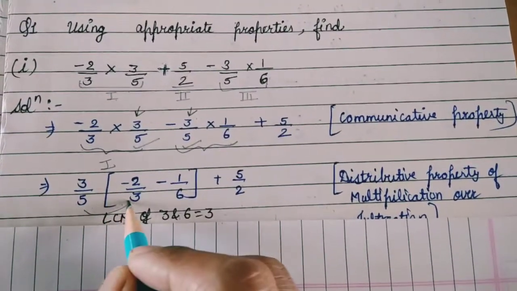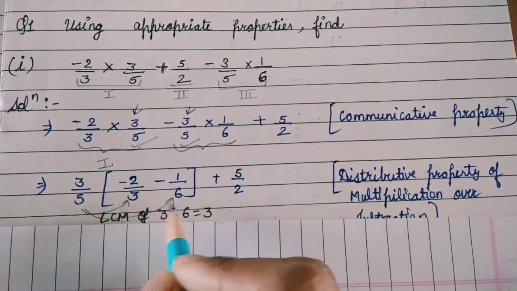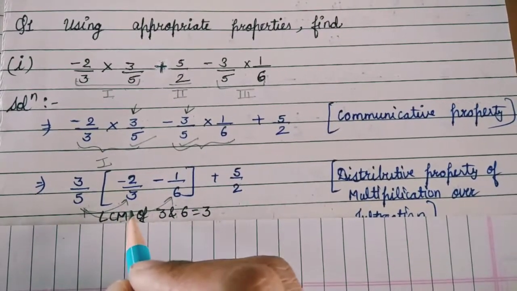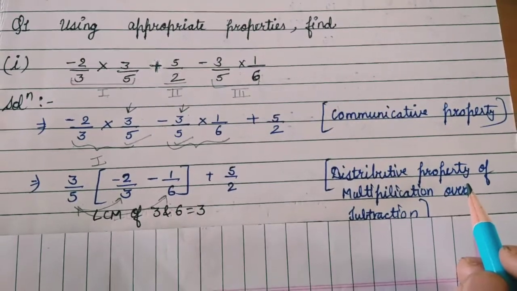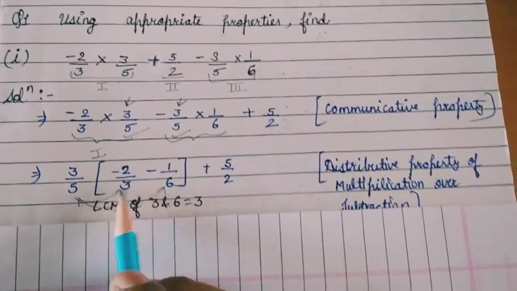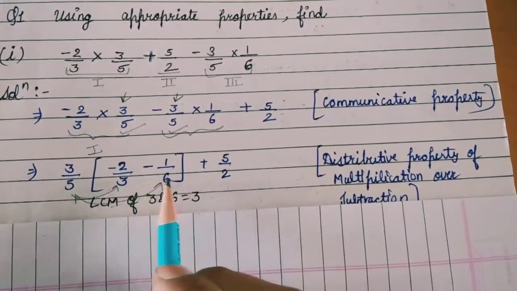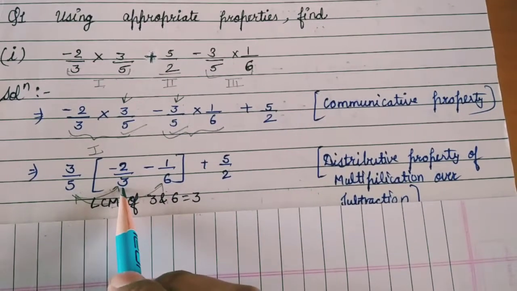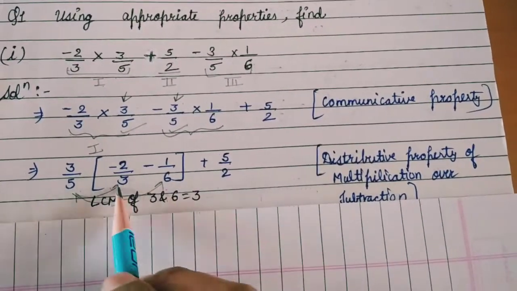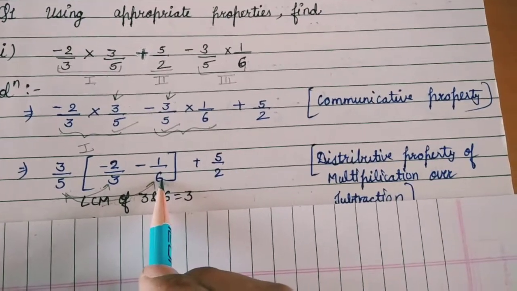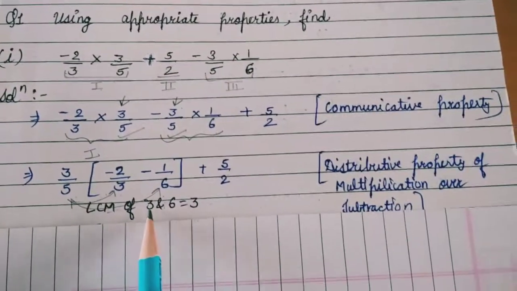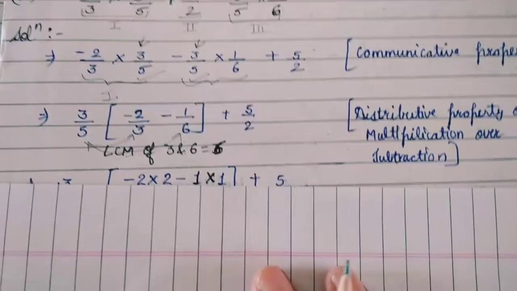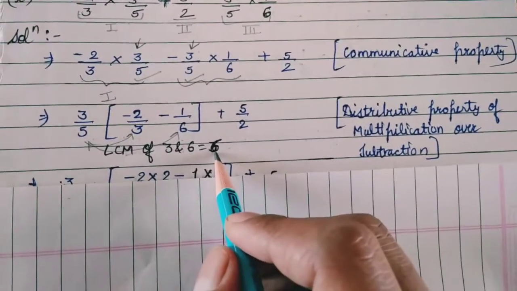Okay, here we will multiply. We have taken the common factor from each of them, that's why, which property? Distributive property. Now we will solve this bracket. For solving this bracket we can apply two methods, LCM method or cross multiplication, but we are doing the LCM method here. So LCM of 3 and 6 is 6.